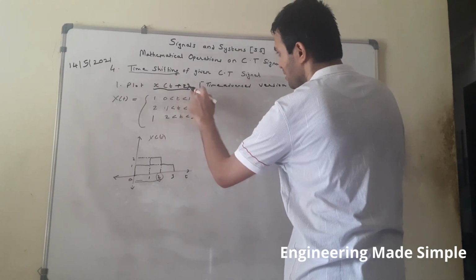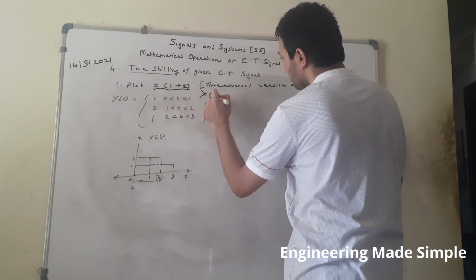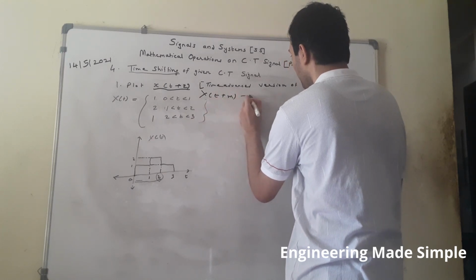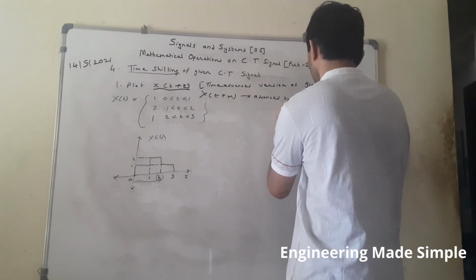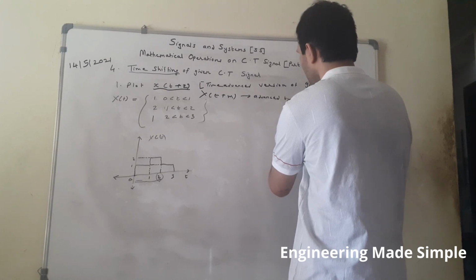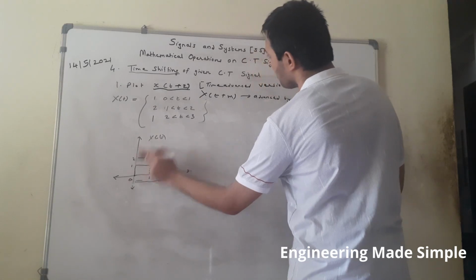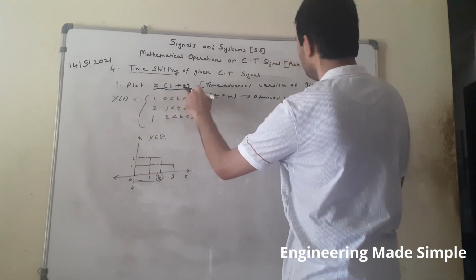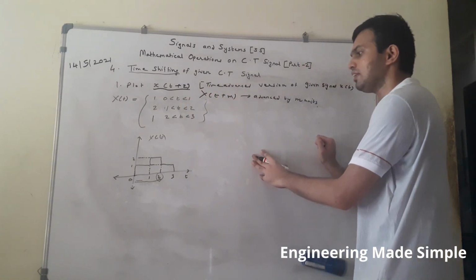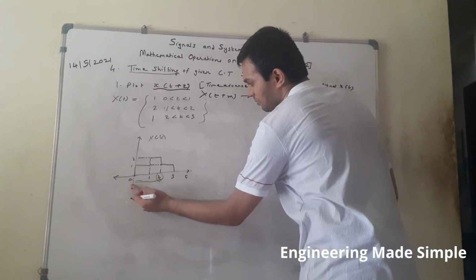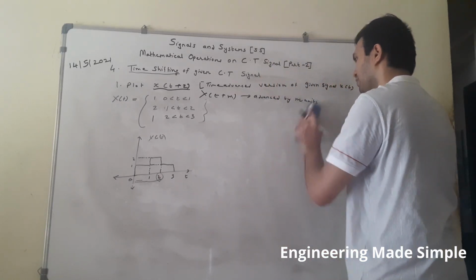As it is advancing by 2, that plus 2 indicates it, the same thing we noted: x of t plus n, where the signal is advanced by n units. Earlier the signal was starting from t is equal to 0, but because here x of t plus 2 is there, we say it is the time advanced version of a given signal x of t. So the signal which earlier started from t is equal to 0 will now start from t is equal to minus 2. Accordingly we will plot the values.